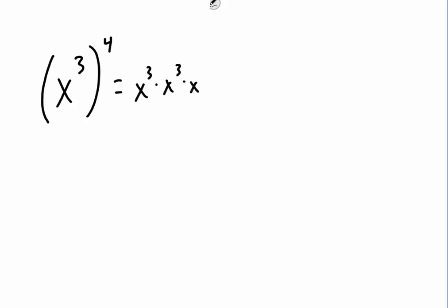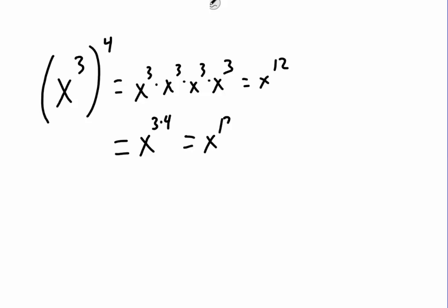One of them is a power to a power rule. So, if we have x to the third raised to the fourth power, that's the same as saying x to the third times x to the third times x to the third times x to the third. And we know with multiplication we just have to add the exponents, so all of them together is x to the 12th. Well, the rule says we don't even have to do all of that. Instead, all we have to do is go 3 times 4, and that's equal to